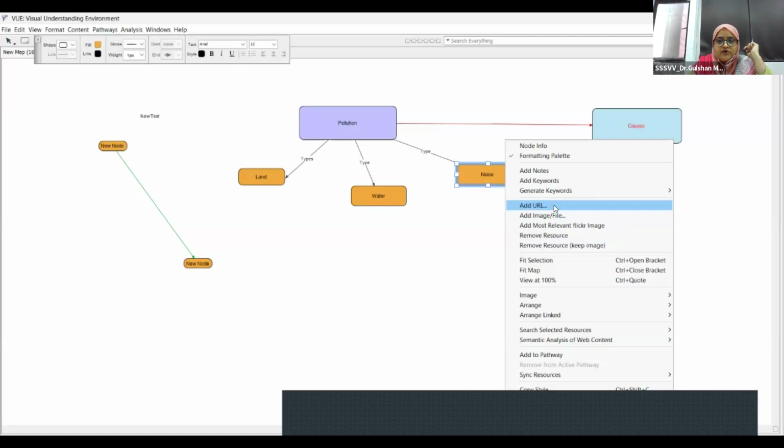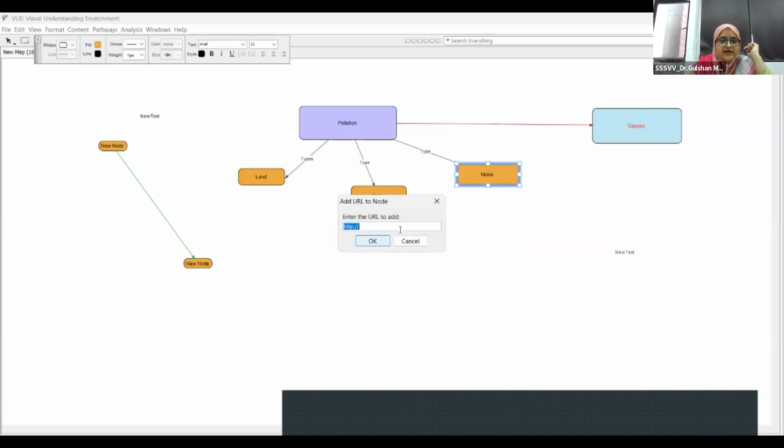For example, you are going to add a URL. Just click on Add URL, and I'm going to add here the Diksha website, diksha.gov.in. Or if you want to share any website with your students, you can add the URL of that particular website here.